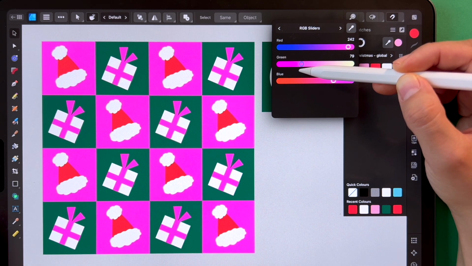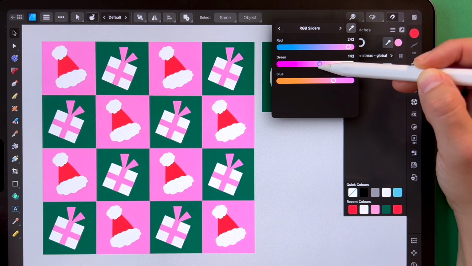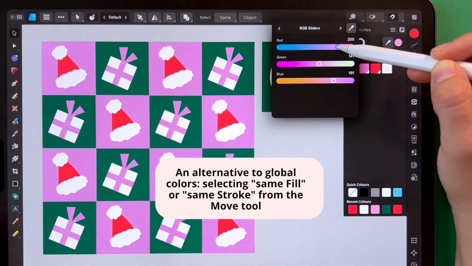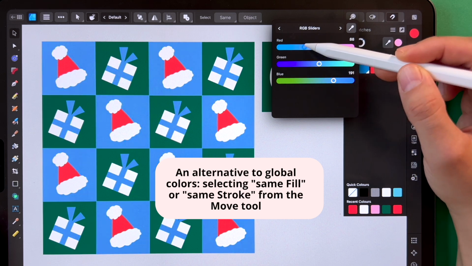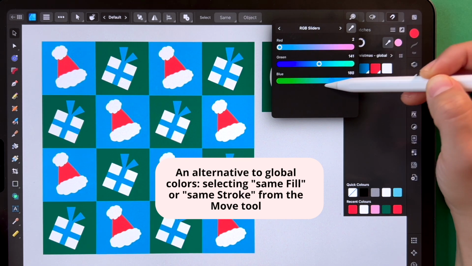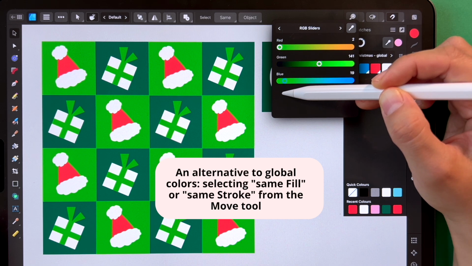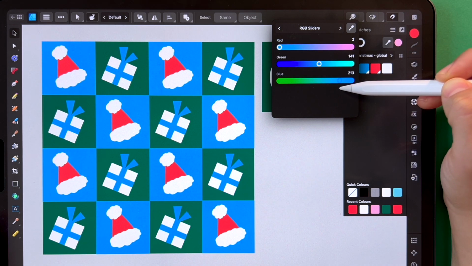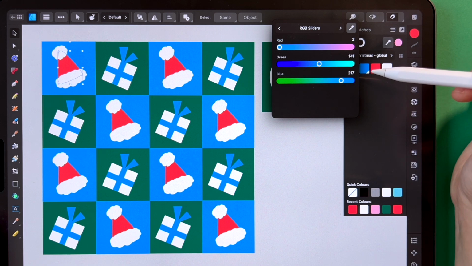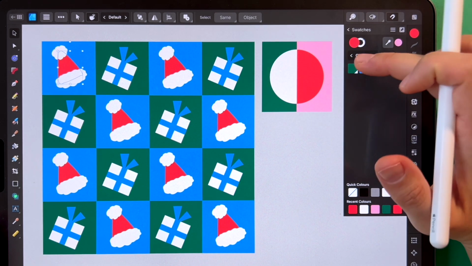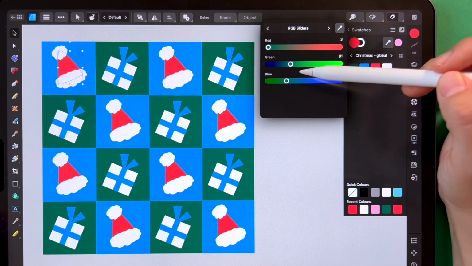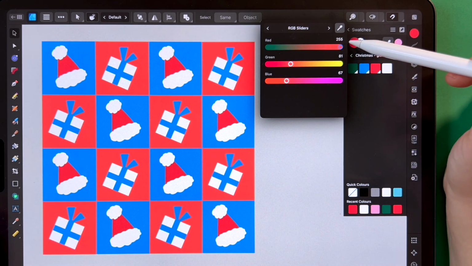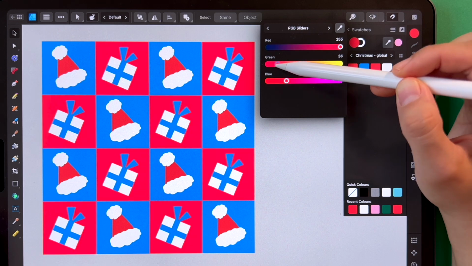So let's say we would like to change this pink into something different, but you already see what I mean, that the color has been applied across our pattern and now it's much easier for me to adjust it. So you can change it, for example, to something more blue or something more green. Let's maybe change the pink to something more blue, and then this dark green also into another color. So we long press it, edit,